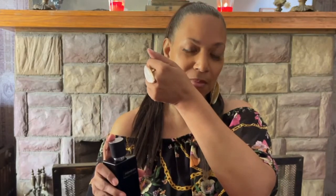I get fresh, spicy, citrus, a little bit of musk, but the citrus is really taking over when I spray this for the first time. And let me tell you why the citrus is really prominent in this fragrance is because in the